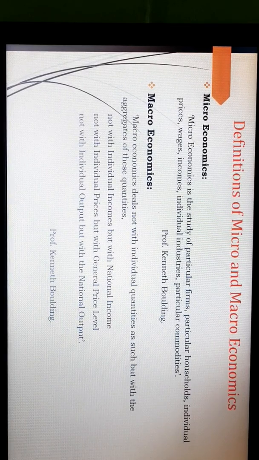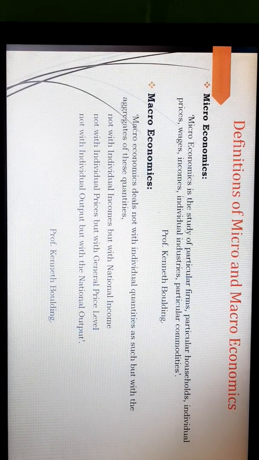Okay, so study of entire economy comes under macroeconomics, and study of different parts of economy comes under studies of microeconomics. Okay, so these are the definitions which are given by Professor Kenneth Boulding, which precisely tells us what microeconomics and macroeconomics